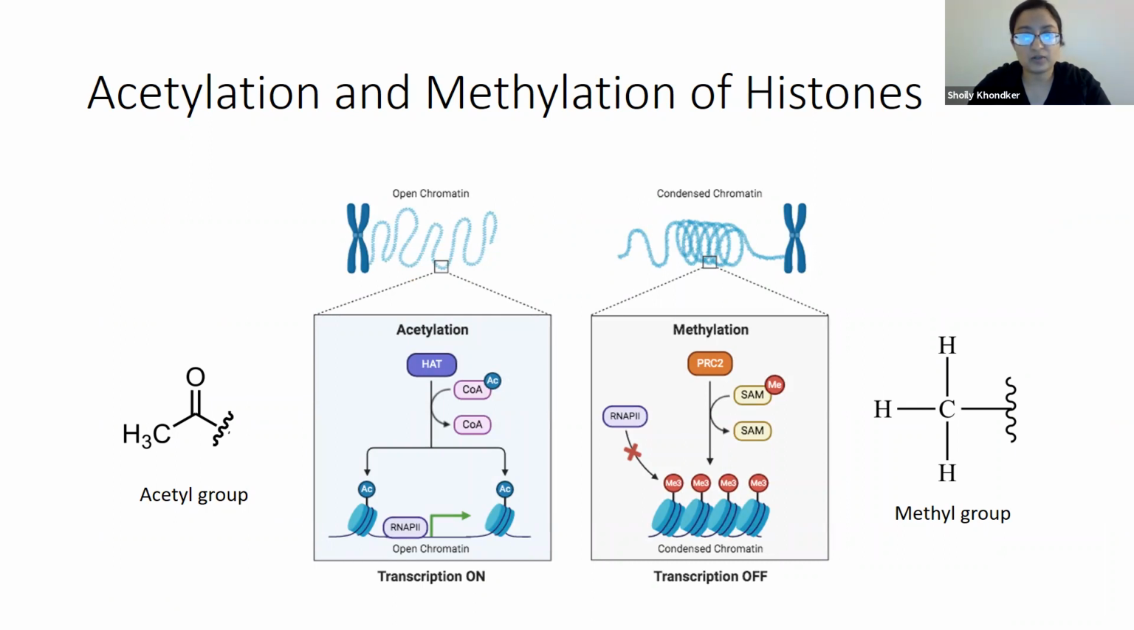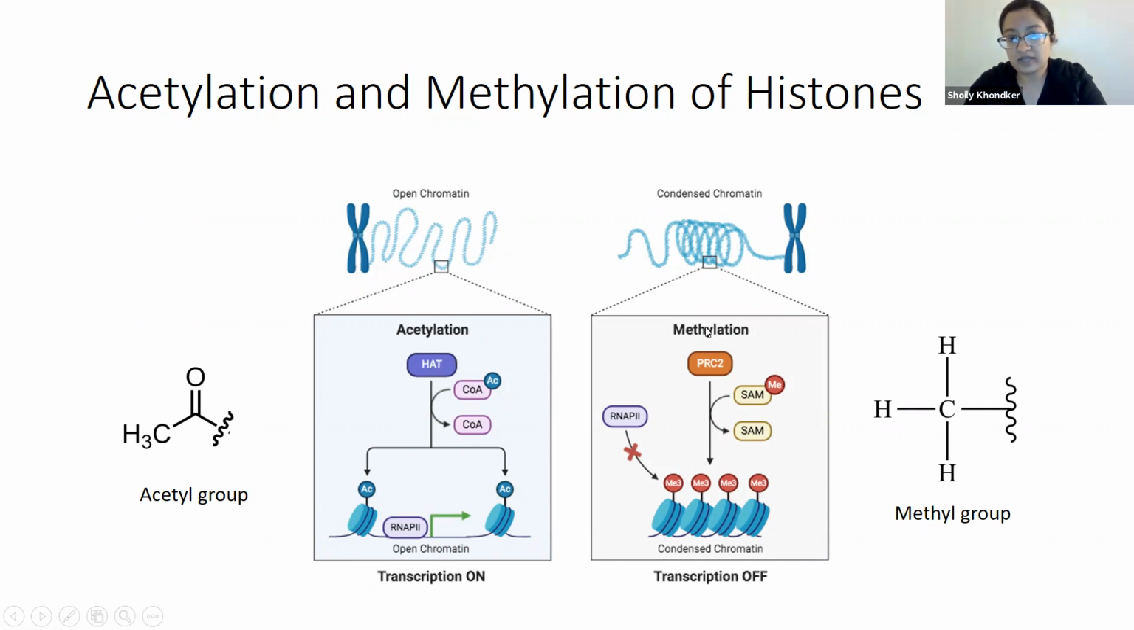Acetylation and methylation are two modifications that can occur at the histone proteins. Again, acetylation is just the addition of an acetyl group, and methylation is the addition of a methyl group. Acetylation is carried out by HAT enzymes, which are histone acetyltransferases, and they add the acetyl group from an acetyl CoA molecule. What this does is it causes the chromatin to essentially open up, and this allows access to the chromatin by RNA polymerase,